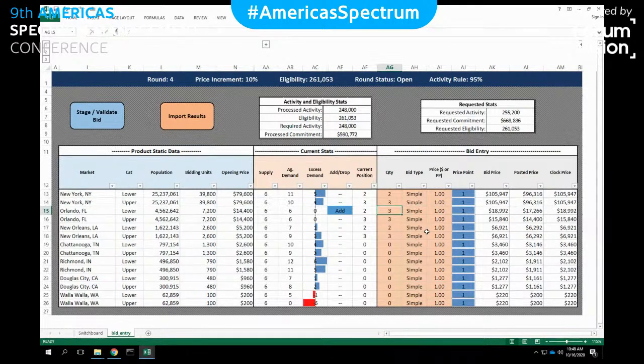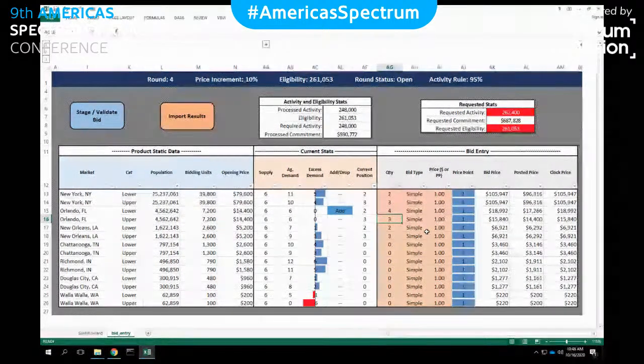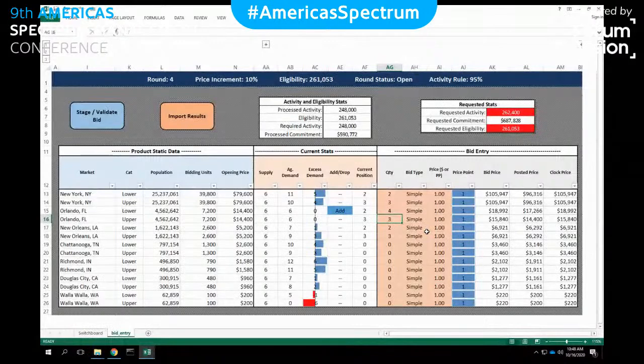If I wanted to add a second block, so a bid up to 4, I can see my requested activity turned red because now I'm requesting more activity than I have eligibility. And so the auctioneer is telling me, no, that's not valid. They won't accept this bid. And so how then can I express that I want 4 blocks in Orlando now? Well, I have to take those bidding units